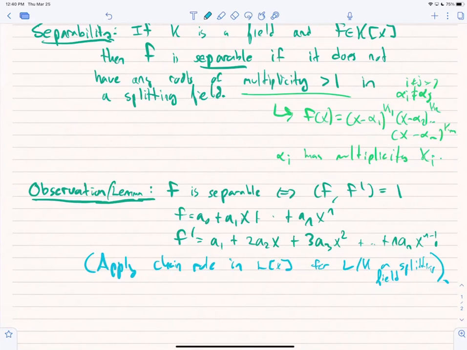It still holds over an arbitrary field, because in the end it's actually a purely algebraic fact. It doesn't depend on doing any calculus or anything. Okay, so